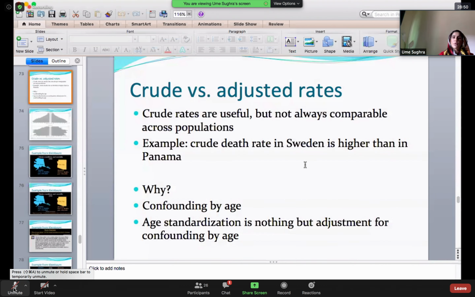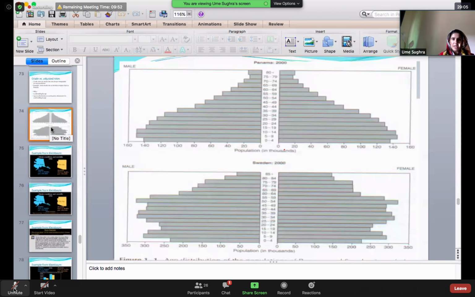Now, if you just look into this, the crude rate in Sweden is higher than in Panama. Why? Because it is confounded by age. Age standardization is nothing but adjustment. Now we'll see this example ourselves also, in Sweden and in Panama. If you just look into these two different countries, you'll see